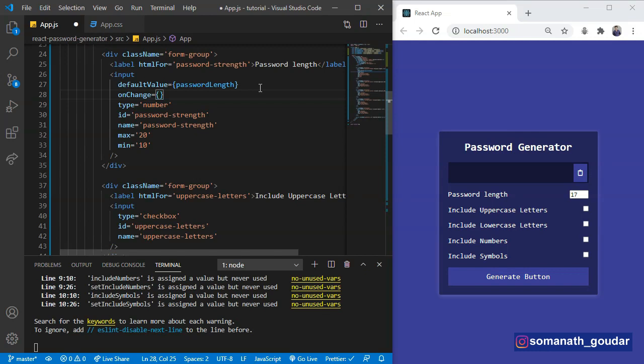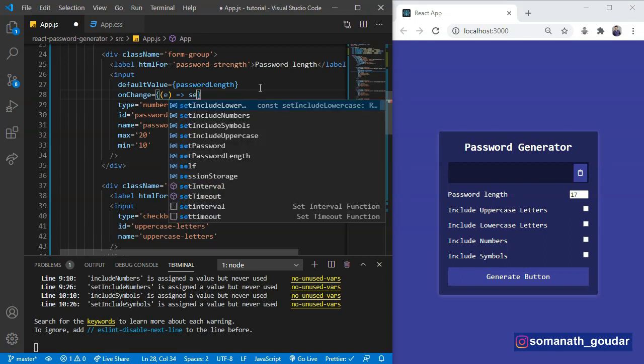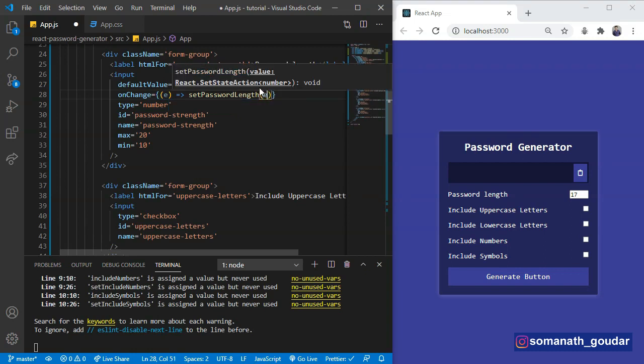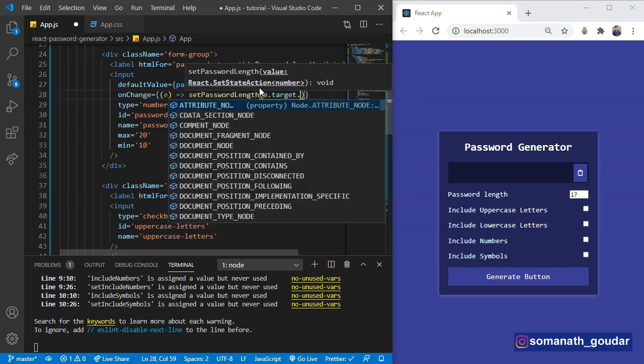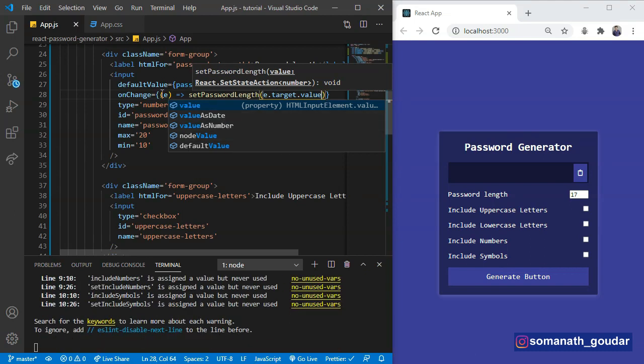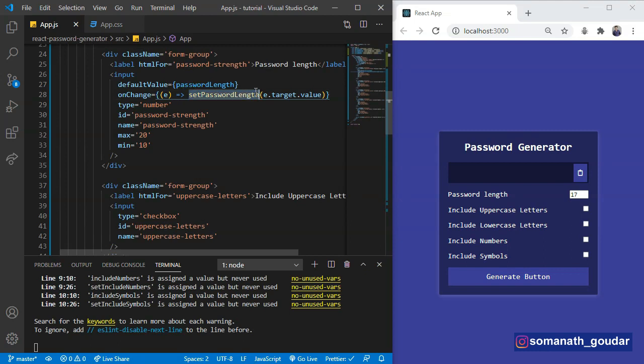This is going to have an event, and this is going to fire off a function, and let's set passwordLength to e.target.value. Now let's save. What it does is it is going to update the variable passwordLength every time I change those values.